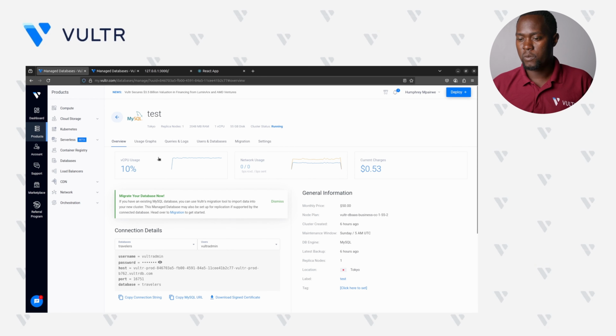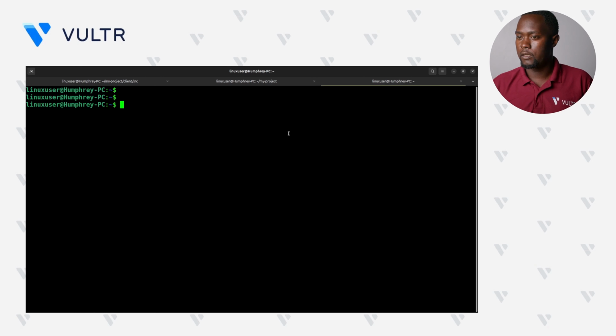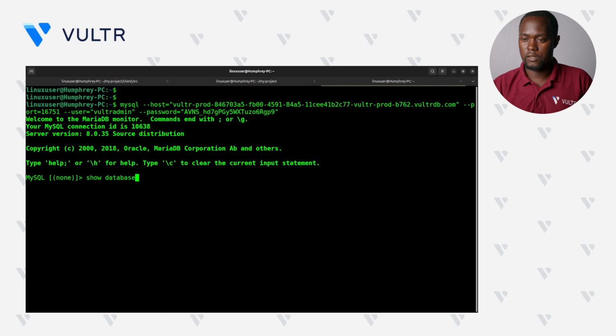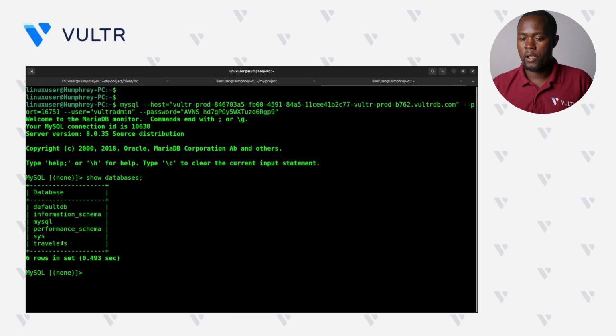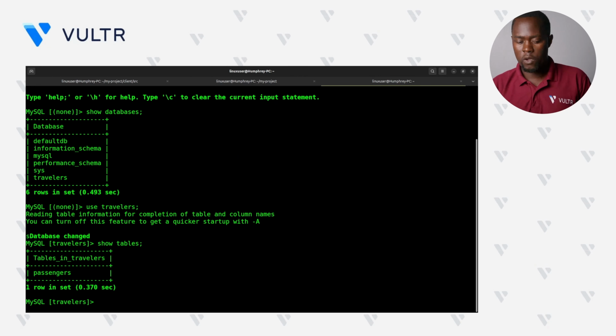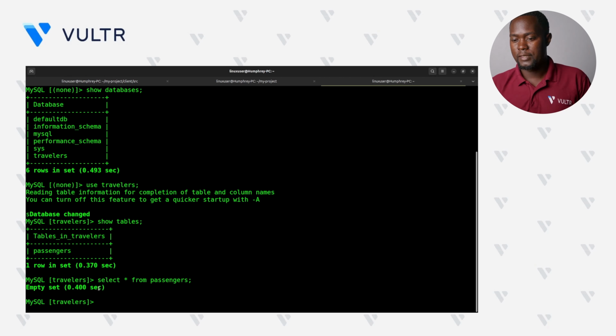So let's go into the process and actually see how our connector is working. Right in the Vultr Managed Databases for MySQL page, let's copy the connection string back to our terminal, and I'll connect to this database. If we check the databases right here, you see we have travelers, and let's use travelers here, and let's show the tables that are in here. So you can see that we have passengers, but let's just see if we have some data here. You can see that this table is actually empty,